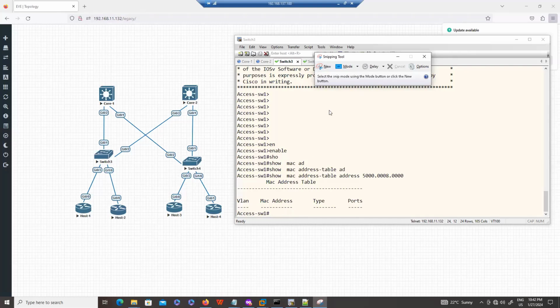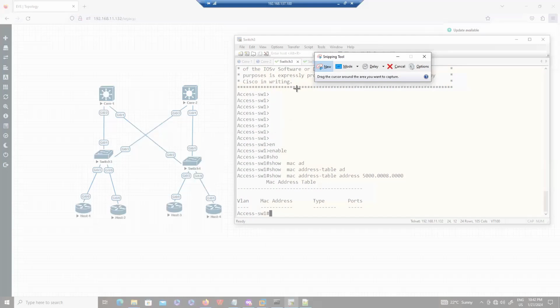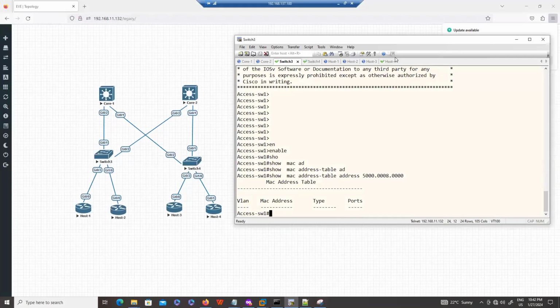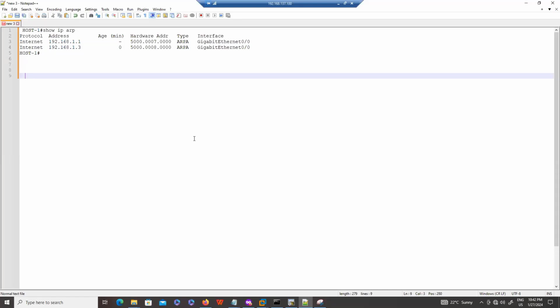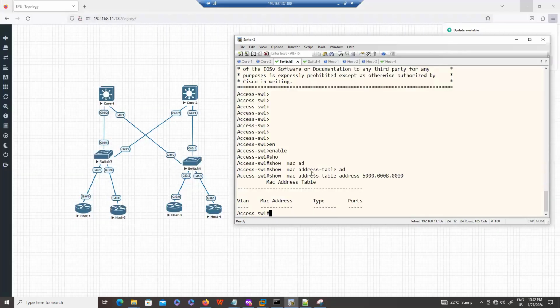So by default, switches have a MAC address table aging time of 300 seconds. If we don't have any activity, those MACs will be gone, or flushed, from the MAC table. So let me initiate the traffic again.